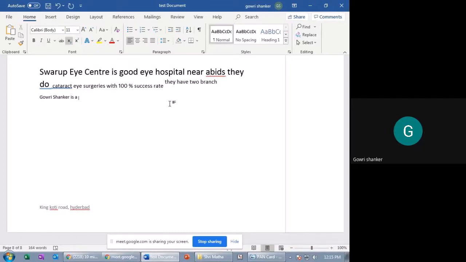And you can see here, there is a shortcut key: control plus shift plus, control shift plus.